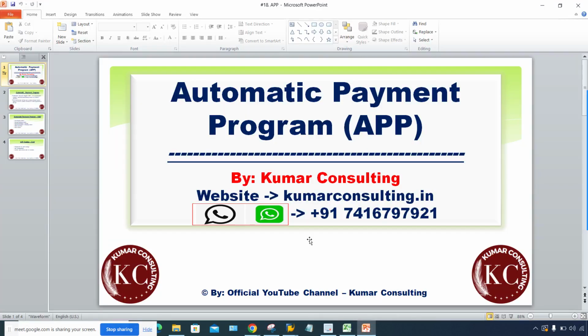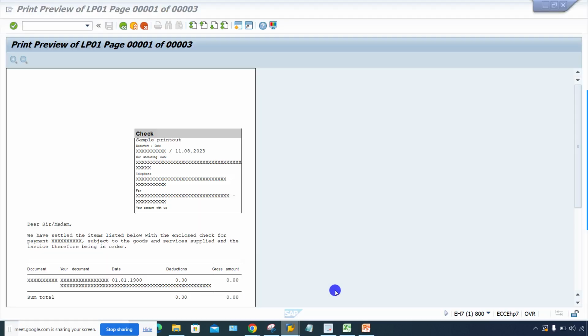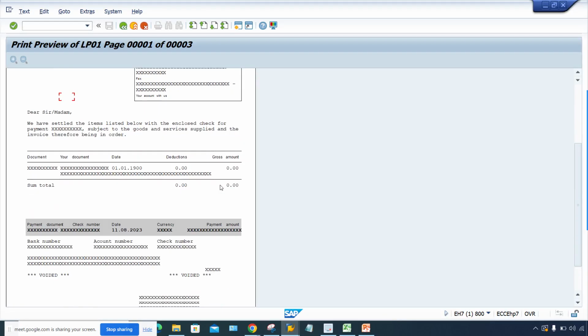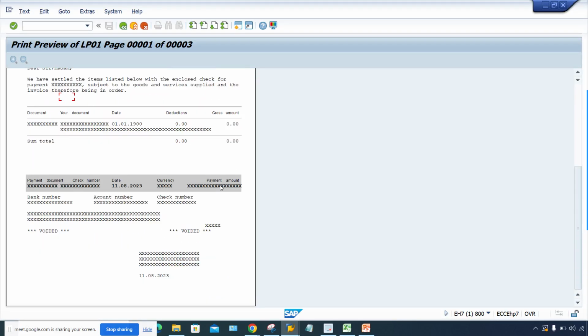Okay, so just give me a second. Okay, so here the check is like this is just a format, right? So this is just a format, and here, okay. So now,